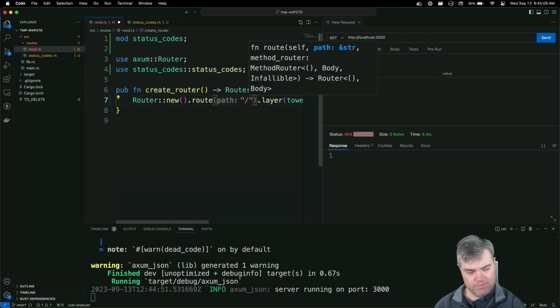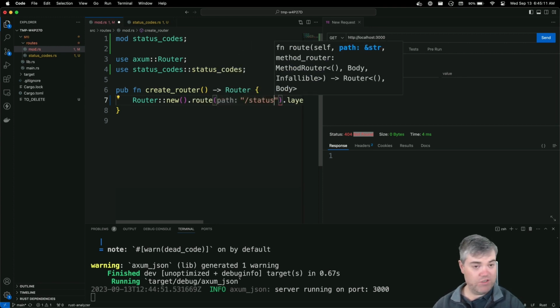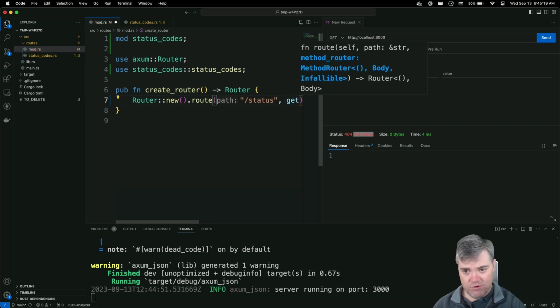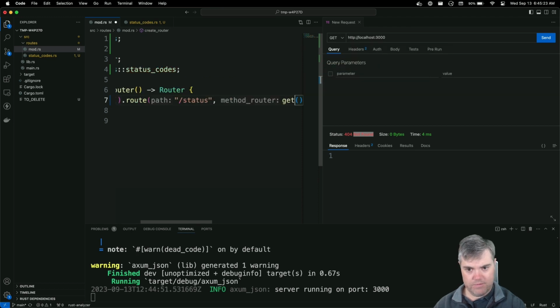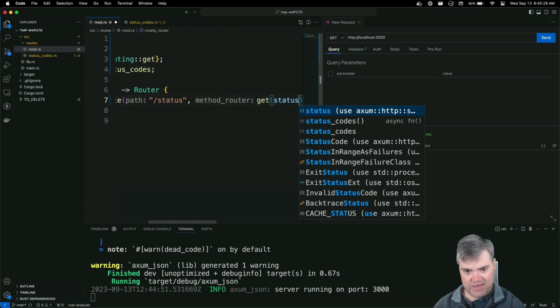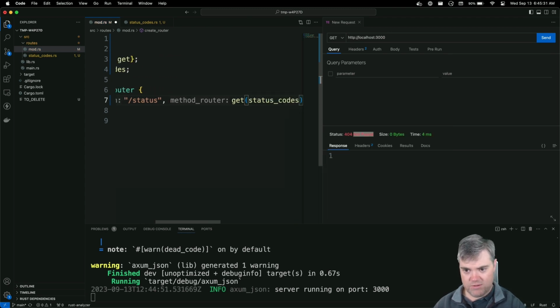Let's just do status, and we'll just keep on hitting this over and over again and then give different status codes. So status, let's just do a get request. So import get from axum routing get, and this is our status codes.